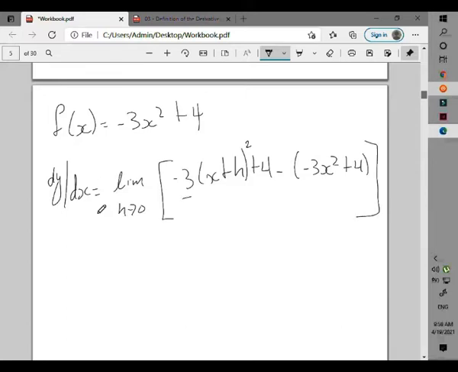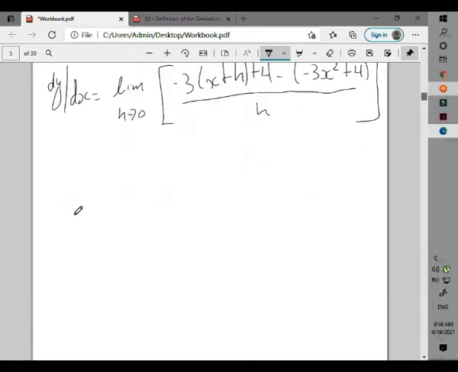So here we have that. Just make sure I have everything here. Minus 3 of x plus h squared plus 4 minus 3x squared plus 4. I am not going to expand it out. I am just going to write what it is after expansion and multiplying by the minus 3. H approaches 0. So what this is going to give me is minus 3x squared,